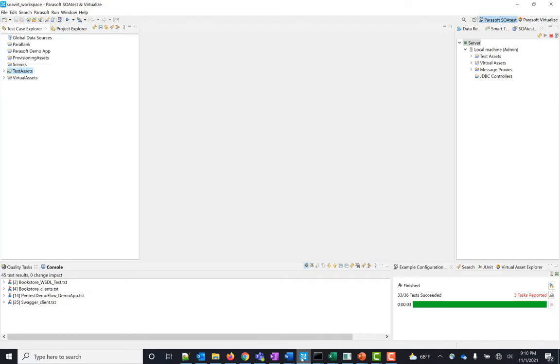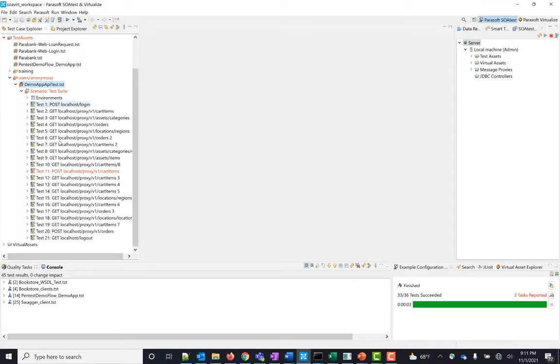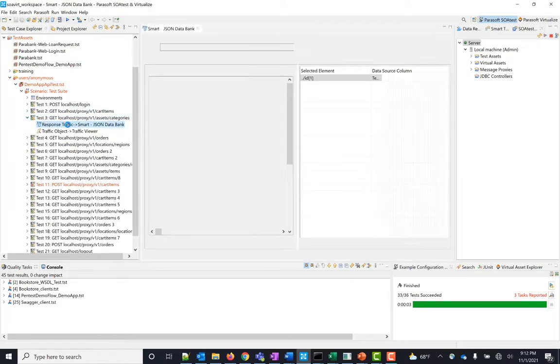And so we can go to, this is Parasoft SOAtest. And if I come to my test assets and drop this down, and user anonymous there. Okay, this is the test that I have generated. So each time I run this, it's going to create a new order in that back end. So what I'd like to show you before we get into this is our Smart API technology isn't just doing a record and a playback of hard-coded values. Okay, so let me just drop this down, and we see this right here.